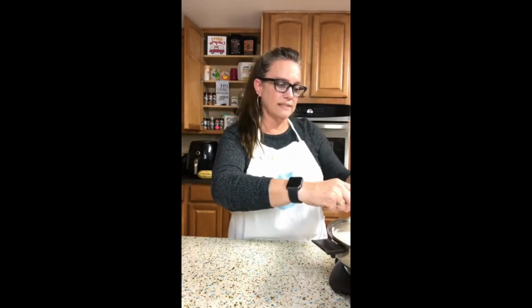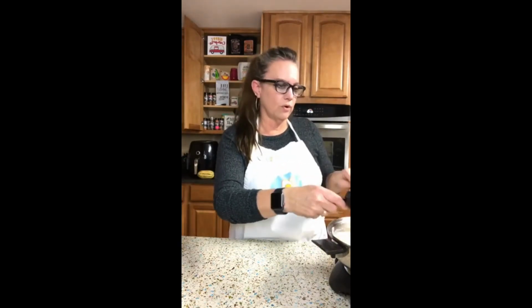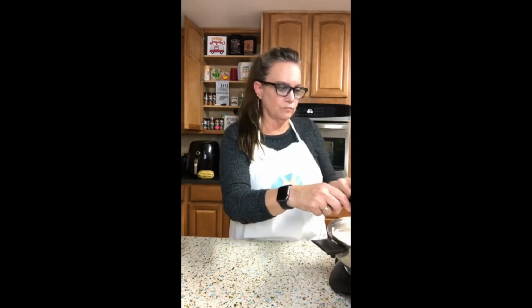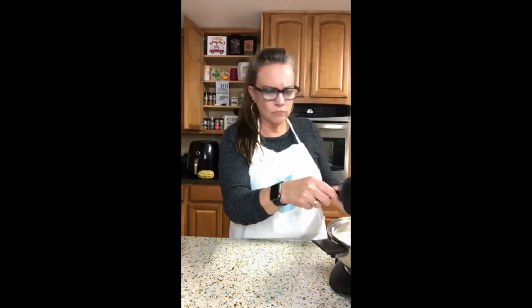This is 1 cup of plain non-fat Greek yogurt. We're going to put that in there. So this is going to act like sour cream. So I don't know if you put sour cream in your loaded mashed potatoes or like in a loaded baked potato. But,